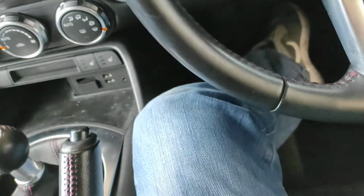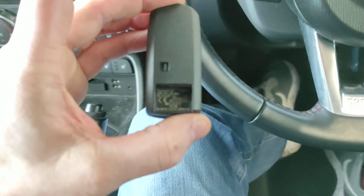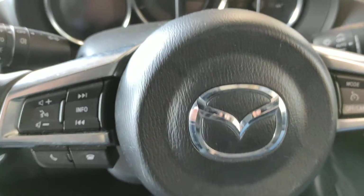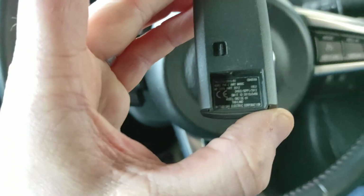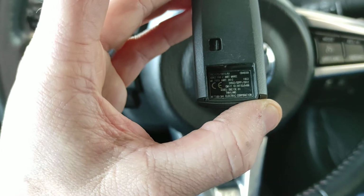Now, if I can just pop the key out of this one, if you look in the back, again, I try and get this to focus. There you go. If you can just make out where it says, if I can read this, my old eyes are going. What does it say? SKE 13E-01. Now, there are SKE 13E-02s as well, so please don't mix those up, because on certain models of Mazda,